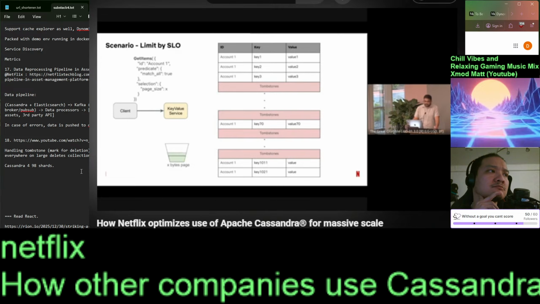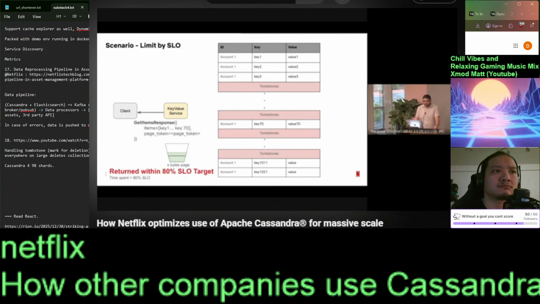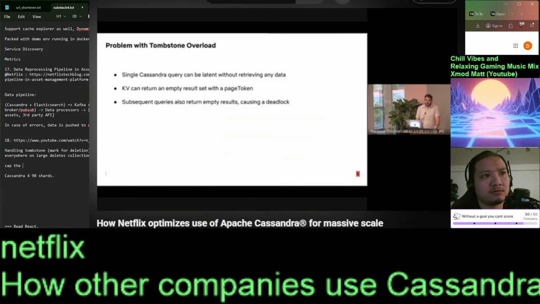So if you look at the previous scenario where Cassandra was retrieving some data and it was latent, in this case, KV will observe that the accumulated latency is almost greater than 80% of the SLO, and it will just return the data it has retrieved so far with a page token. And this does not solve all the tombstone-related issues that limit by SLO addresses,